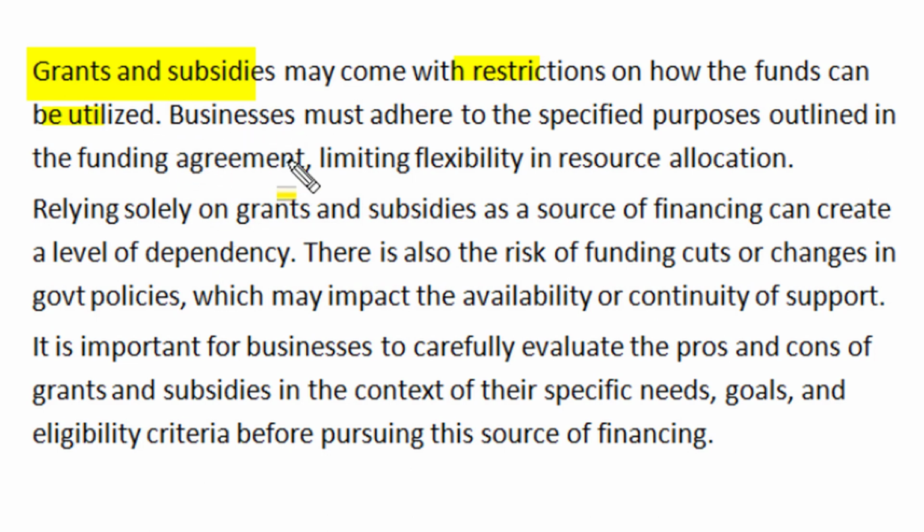The business or company must adhere to specific purposes outlined in the funding agreement, and that limits flexibility and freedom of the company in resource allocation. Relying solely on grants and subsidies as a source of finance can create a typical level of dependency. There is also a risk of funding cuts by government and organizations. There may be changes in government policies which may impact the availability or continuity of such support of grants